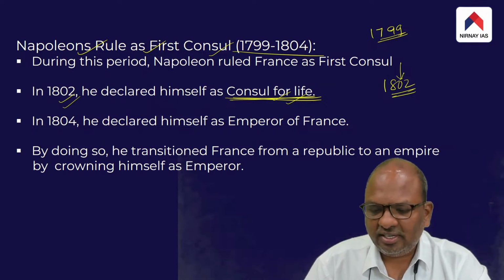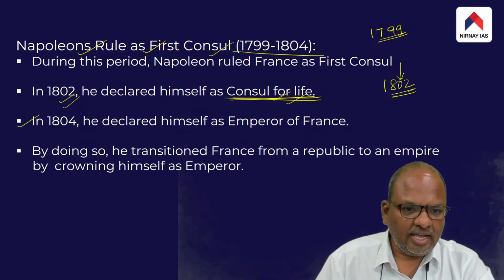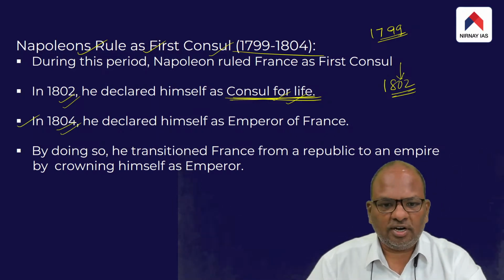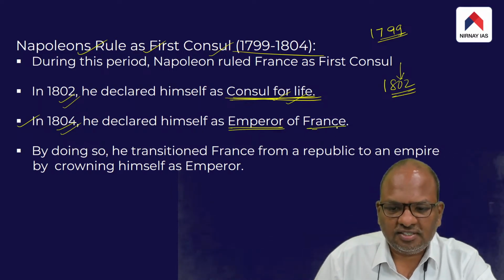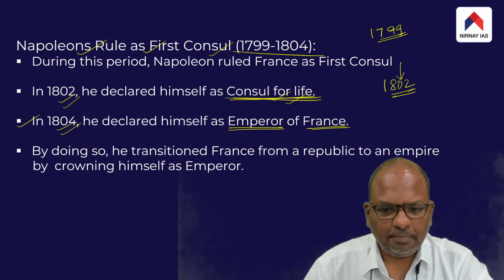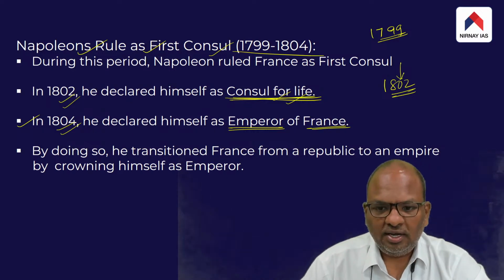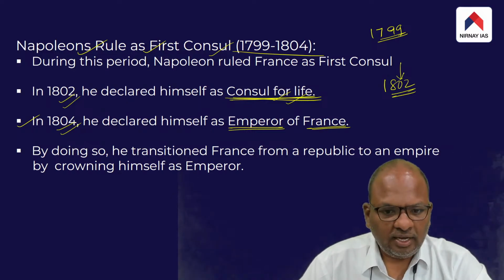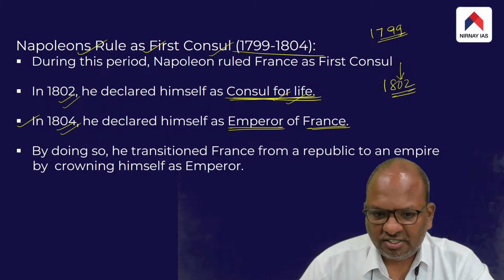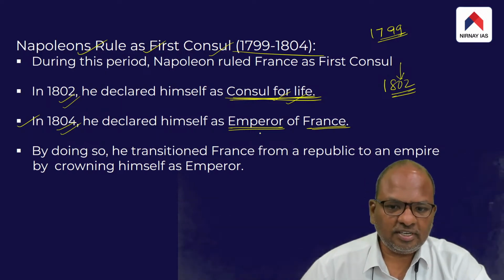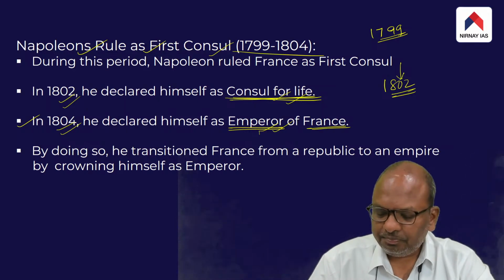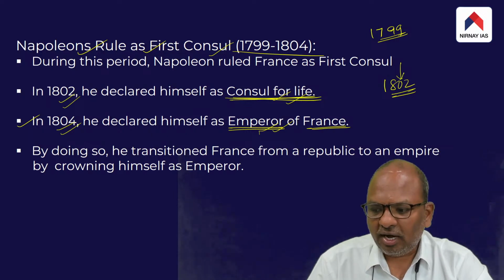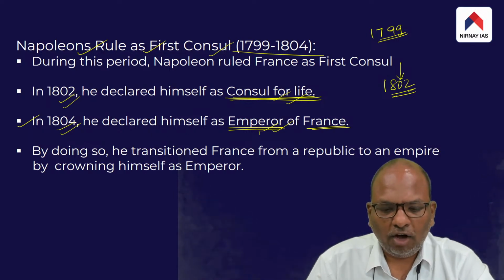And people did not raise any voice. People did not question his decision. In 1804, he felt even more emboldened and declared himself as the emperor of France. And once again, people did not question this decision. In fact, after declaring himself as the emperor, a plebiscite was organized, and in that plebiscite, people of France voted in favor of a monarchy